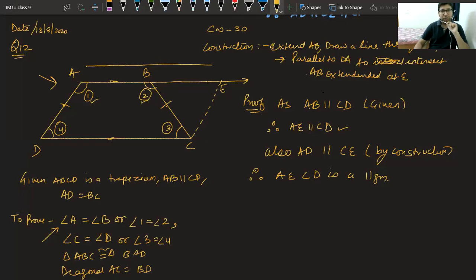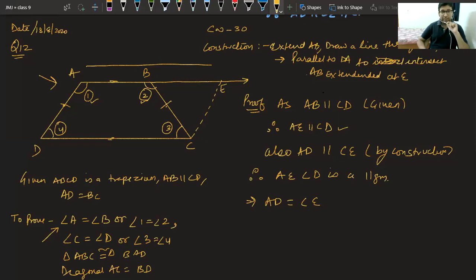Before that, we have to see the other alternative because it cannot be proved directly. So let us see. Let me call it first. What we can say is AD is equal to CE. Yes, class. Can we say AD and CE are equal? Where it is given that AD is parallel to CE? Very good, Moksh.